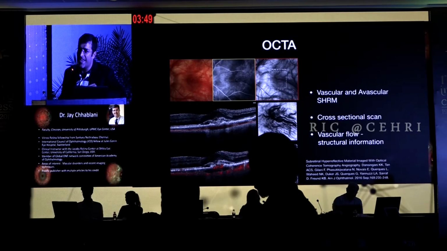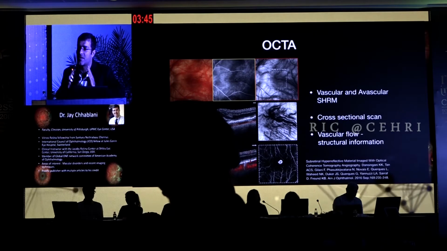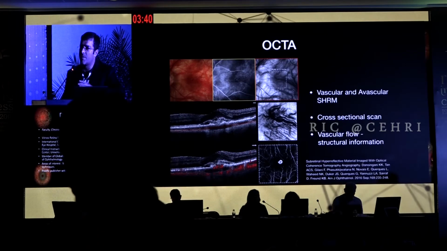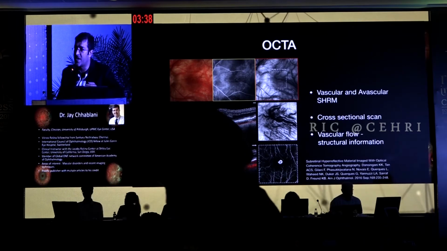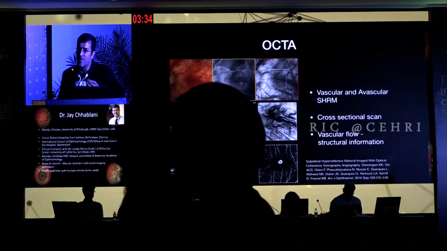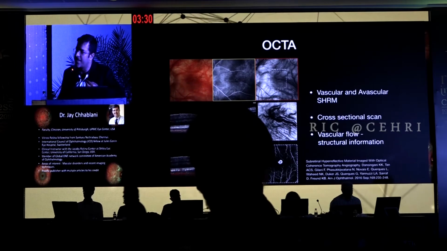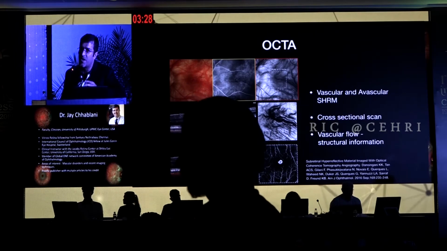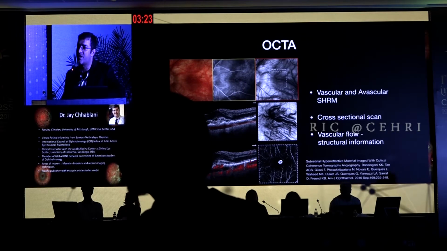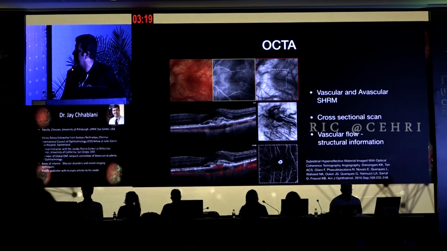The question is, can we actually diagnose the angiofibrotic switch, which is where the OCT angio plays a very important role, because we learned that this SHRM could be anything: blood as well as exudation, or it could be just a neovascular tissue. But we understand that the neovascular tissue identification should be the key when we are treating this patient. That is where the OCT angio plays a role, where you have to differentiate between a vascular SHRM and the avascular SHRM, and that can actually help you to decide which direction we should be going.